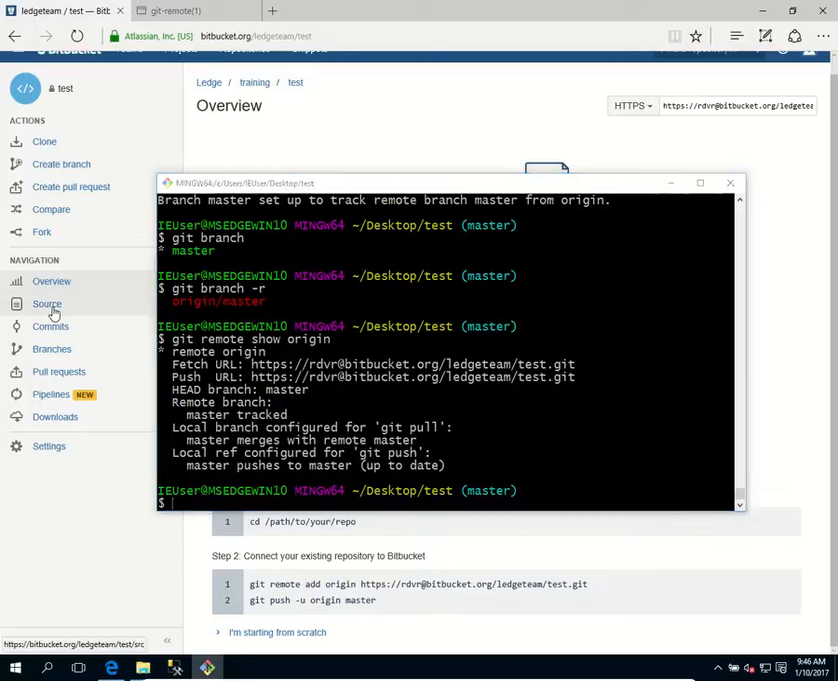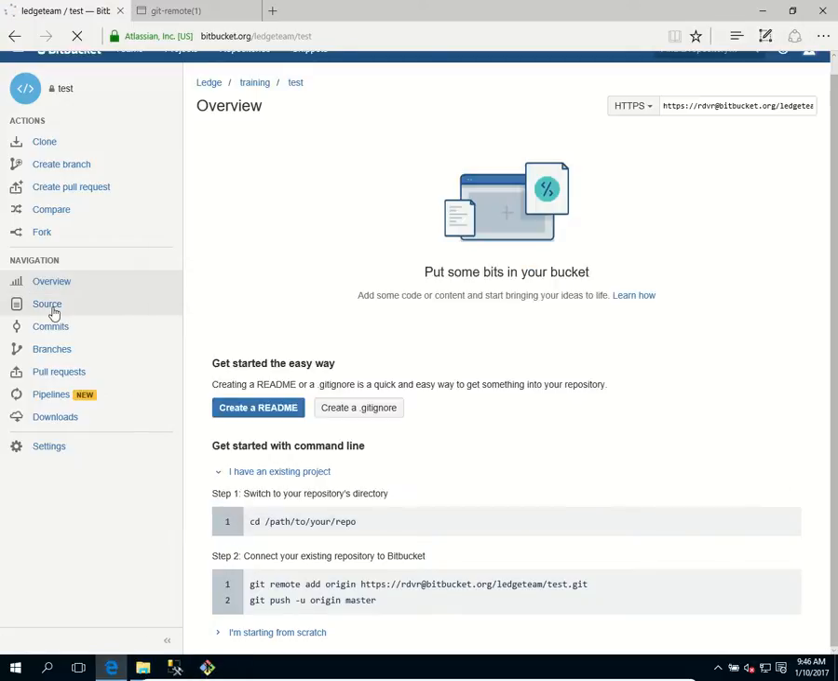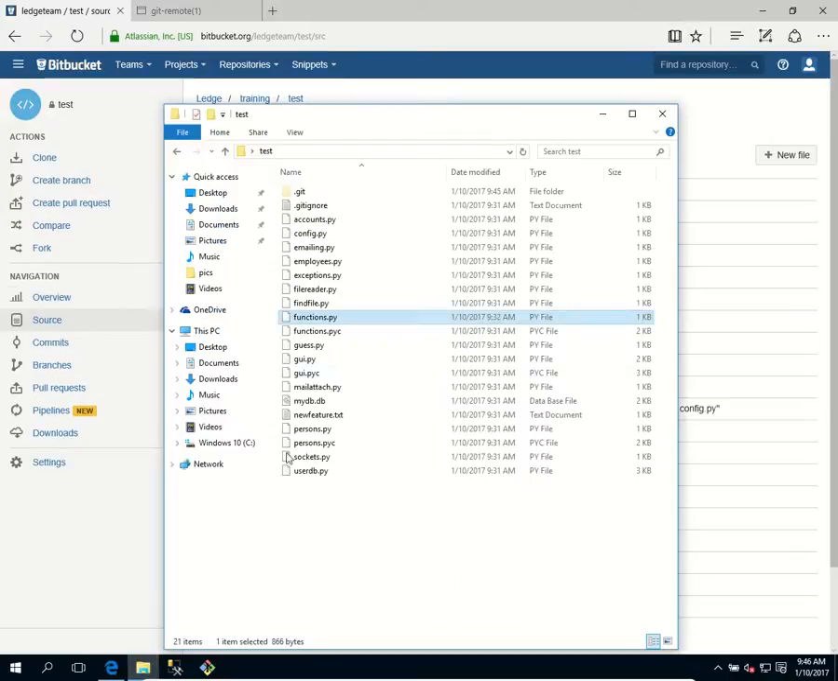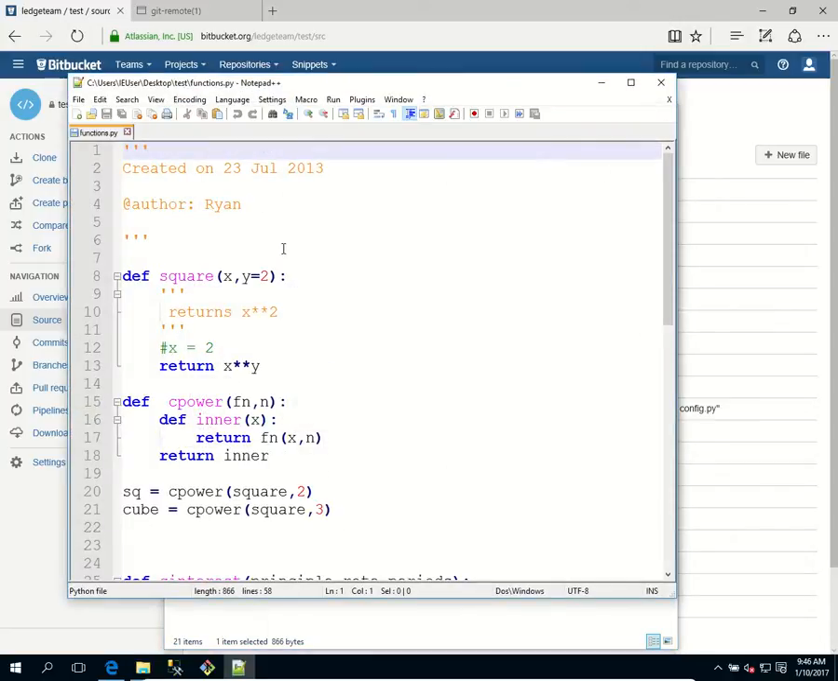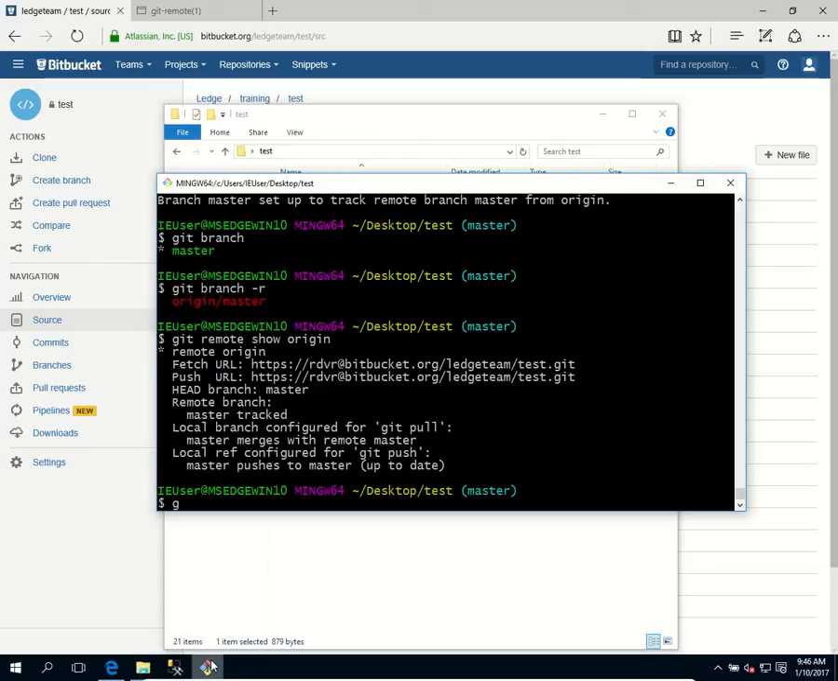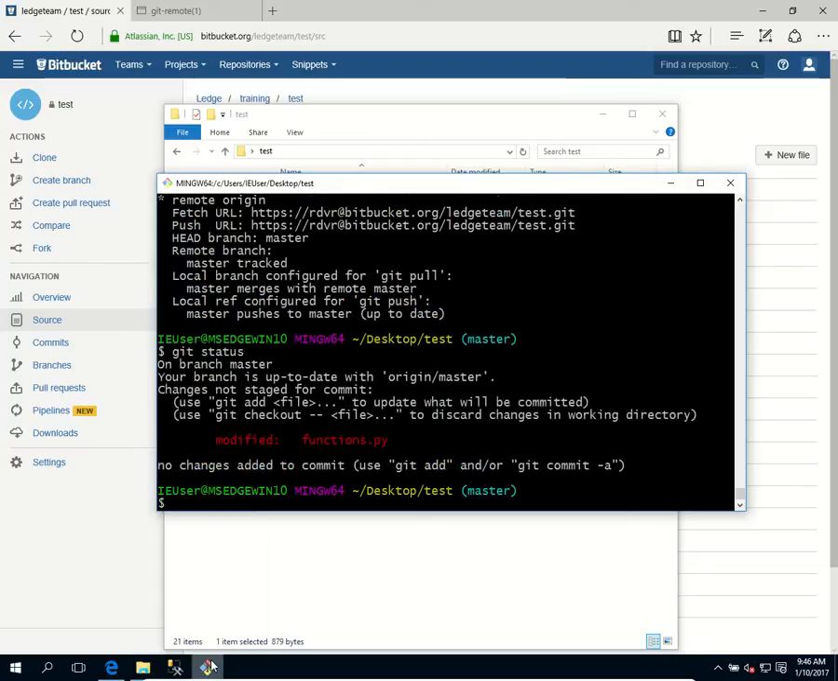So let's go and have a look at the source code on the remote side, and you can actually see that all the files have been uploaded successfully. So I'm going to make some changes to my local code. Let's edit this file, and in my case I'll just add my surname to the author, and then I'll save and close. So if we do a git status, it tells me functions has been modified, so we're going to add that to the staging area,